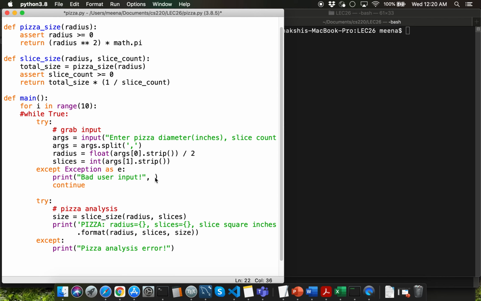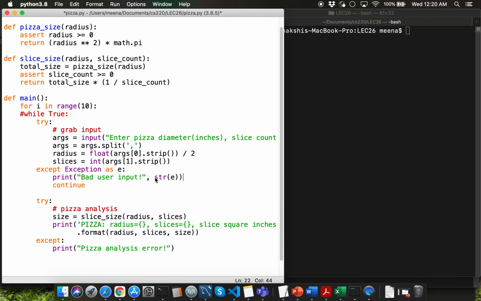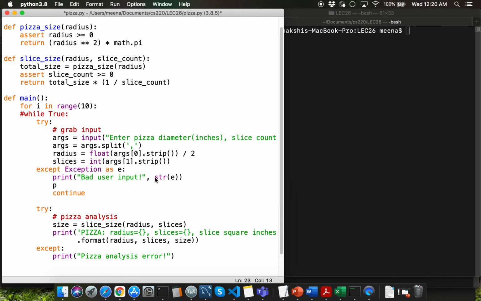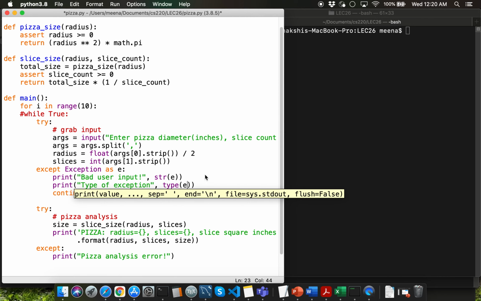Within the print function call, I can now display str of e in order to display the reason for the exception. Let's also display the type of the exception. I'm going to type in the string type of exception here, and let me use the type built-in function call and pass as argument the variable e over here.